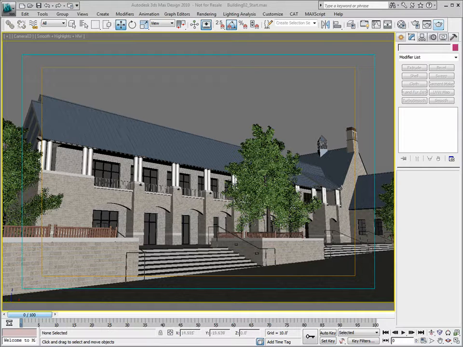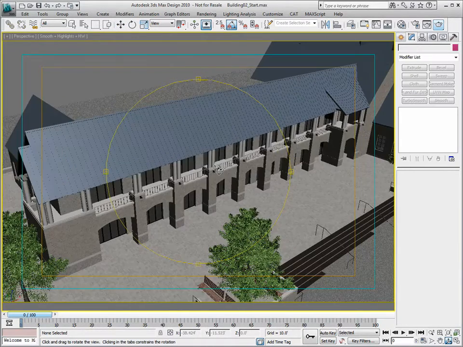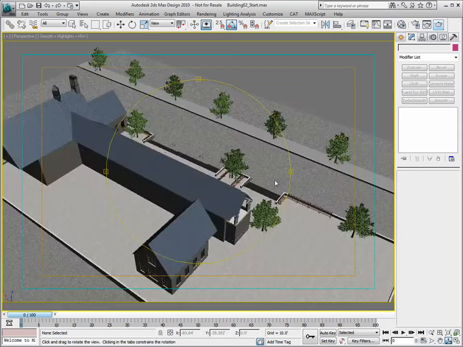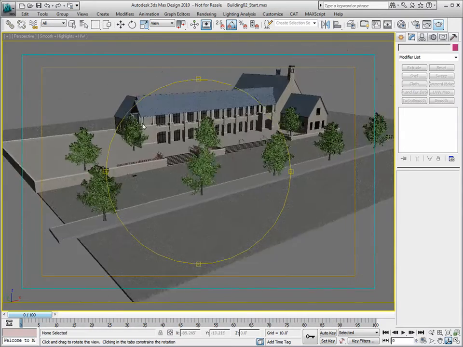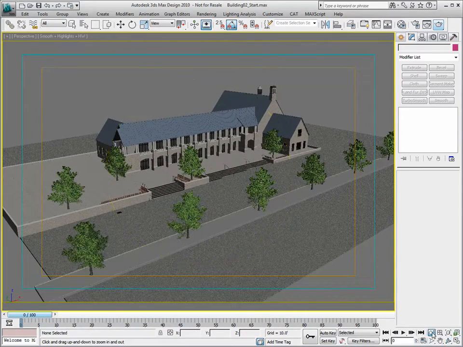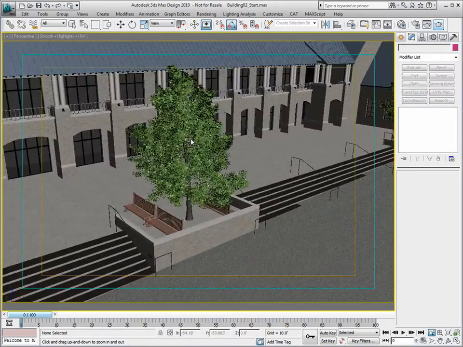So what I have here is an architectural model, and if I just switch to a perspective view and pan around here, you can see that I've scattered some trees about here, and the trees really don't have a texture, more so just a color map applied